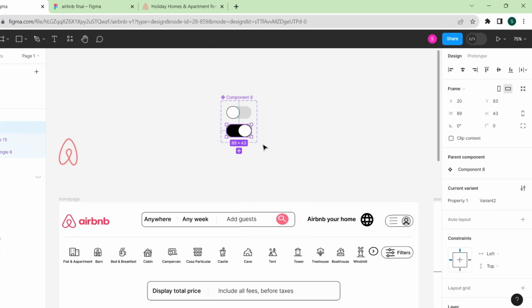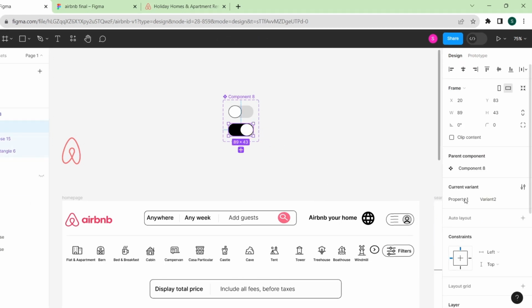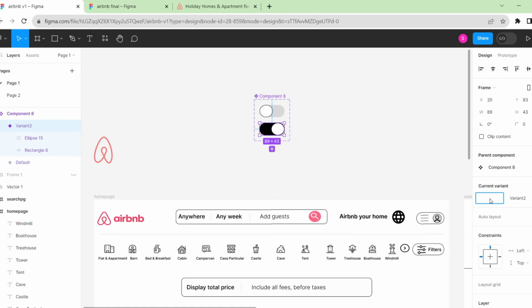Now if I select the second variant and if I go and double click on this property one, I can rename it as is selected and I can change variant 2 to true. Similarly, I'll go to this and change this default to